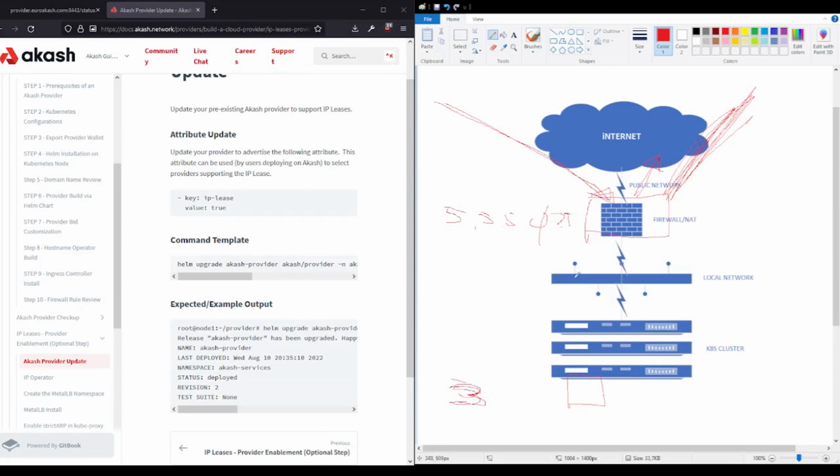And if so, basically this address belongs to this link right here. And this pod, if it needs to communicate with the world, will actually go this way. It will not go this way. It will go this way. So